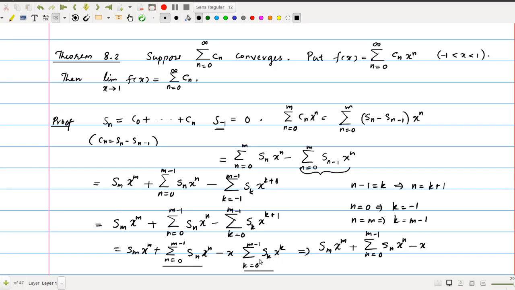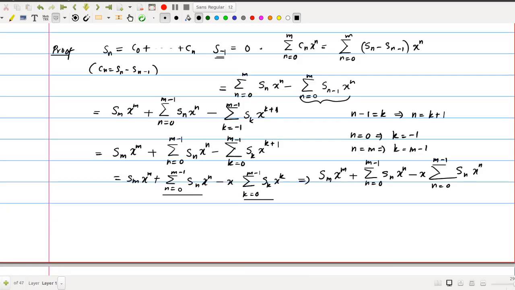If you replace k by n, this starts from n equal to 0 to m minus 1, S_n x^n. So you can simply resubstitute k equal to n, so that will be n equal to 0 to m minus 1, S_n x^n,